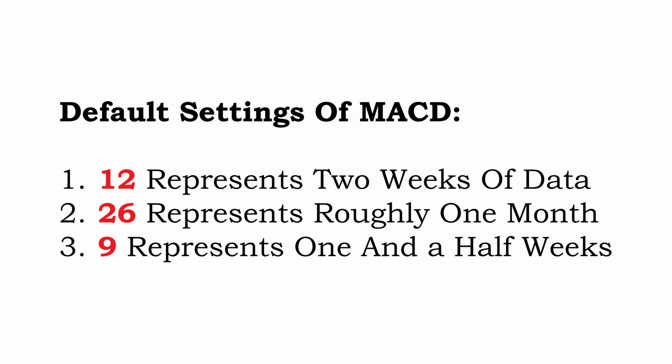The MACD typically depends on three time parameters represented as MACD(A,B,C), where the MACD series is the difference between EMAs of periods A and B, and the signal line is an EMA of the MACD series with period C. The most common default settings are MACD 12, 26, and 9. 12 represents 2 weeks of data. 26 represents roughly 1 month. 9 represents 1.5 weeks. As with most technical indicators, the MACD traditionally derived its settings from daily charts when markets